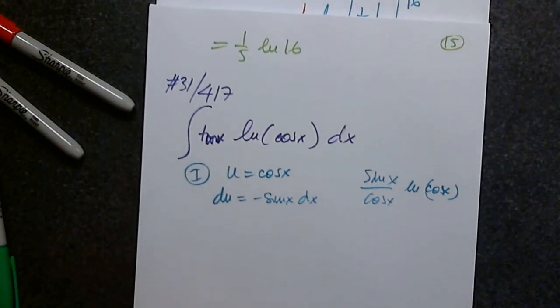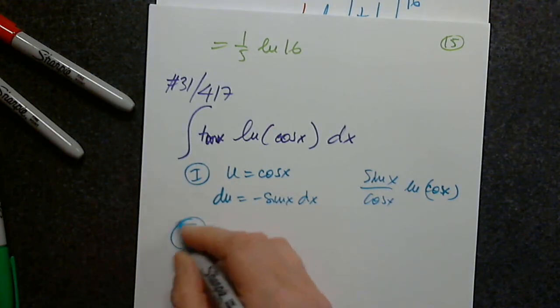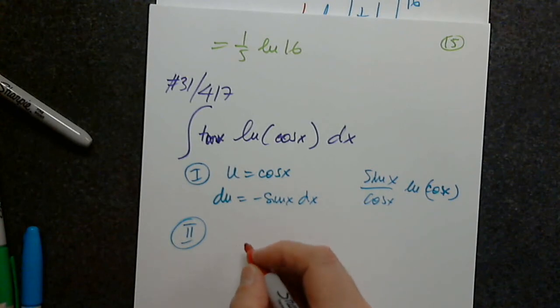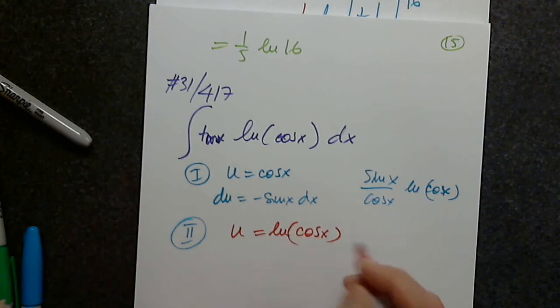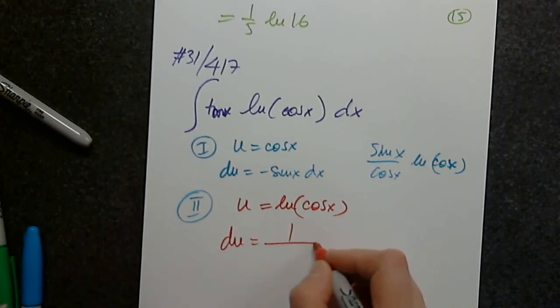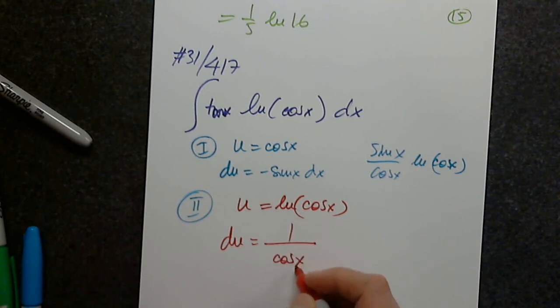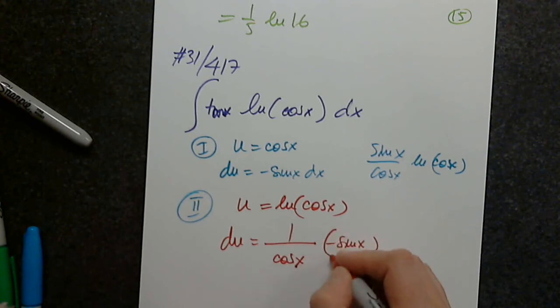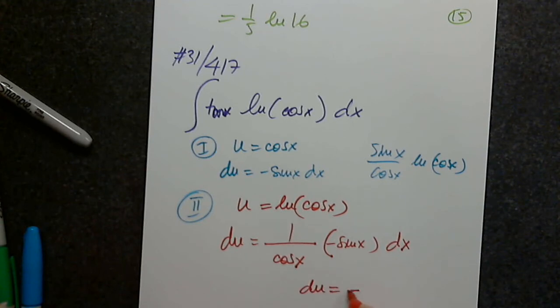But I'm thinking of a second option. I don't know if it works, but I want to present it to you. Yes, this is what I think. But I have to check. Okay, so then u equals natural log cosine x, and du will be 1 over cosine x times the inner function prime, negative sine x as a product, careful, times dx. Oh, but this is du equals negative tangent x dx. And I'm in business.